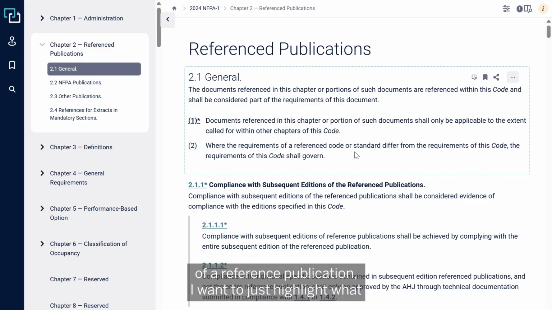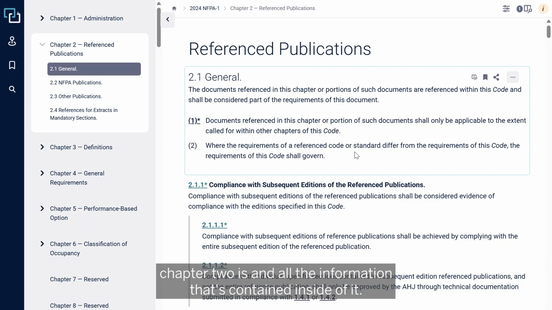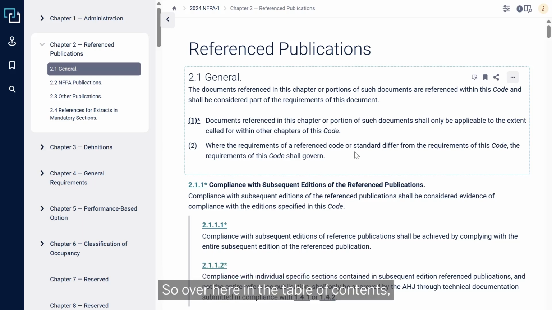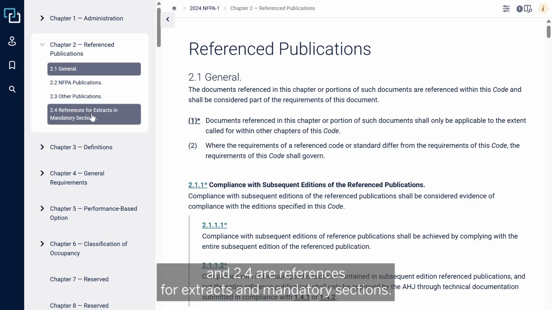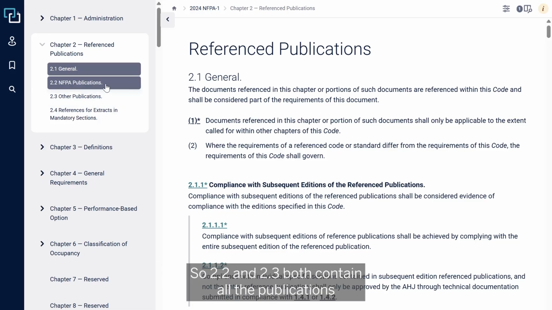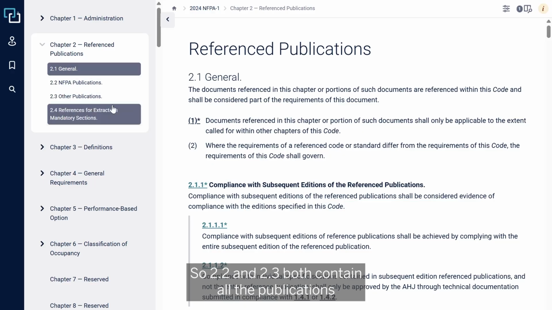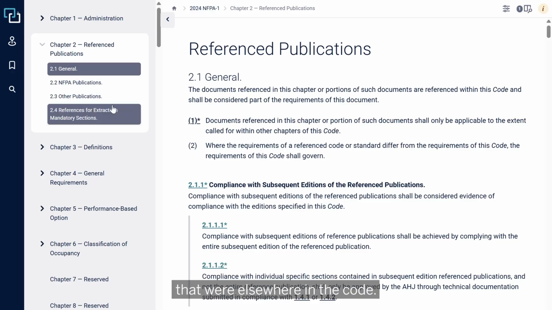Before I get into the specifics of what allows you to use a newer edition of a reference publication, I want to just highlight what Chapter 2 is and all the information that's contained inside of it. So over here in the table of contents, you'll see 2.2 is NFPA publications, 2.3 are other publications, and 2.4 are references for extracts and mandatory sections. So 2.2 and 2.3 both contain all the publications that, where elsewhere in the code, we're going to reference another